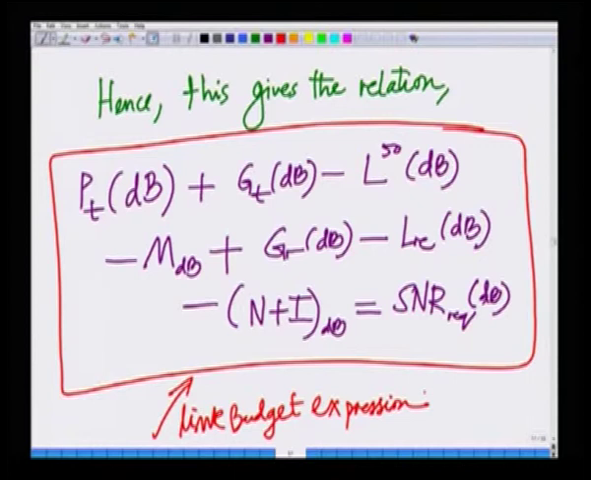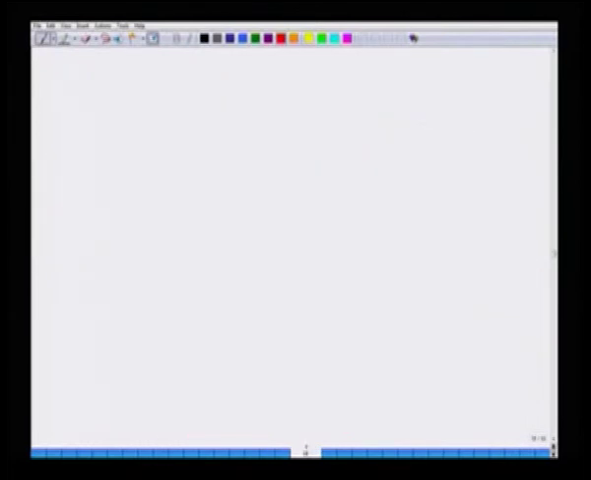So SNR required is nothing but transmit power plus transmit gain minus path loss minus margin plus gain of receive antenna minus cabling losses minus noise plus interference power. Flipping this on its head, that is writing it in another way, this can also be recast to compute the required transmit power now as